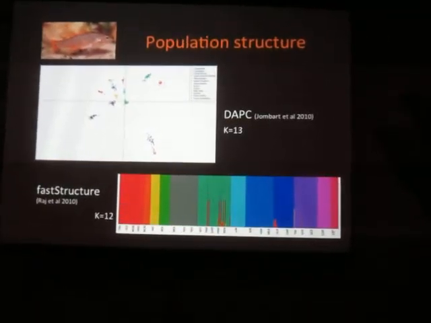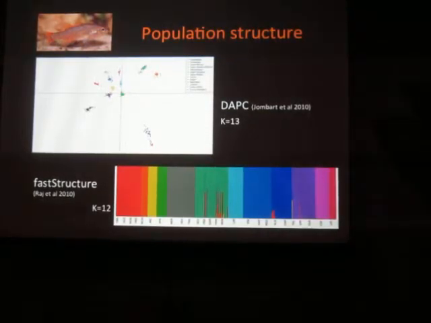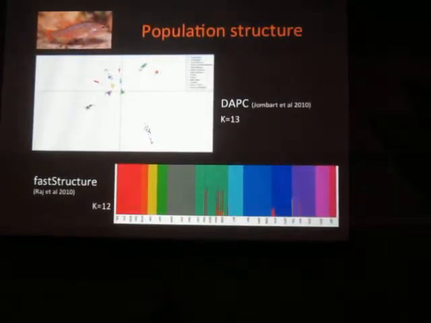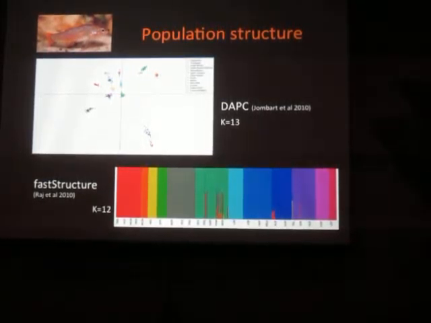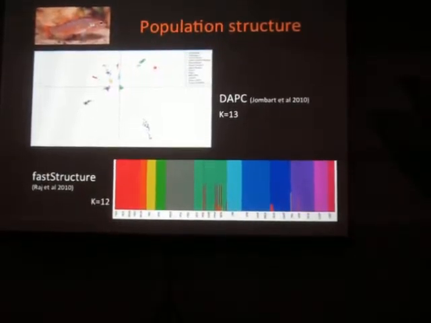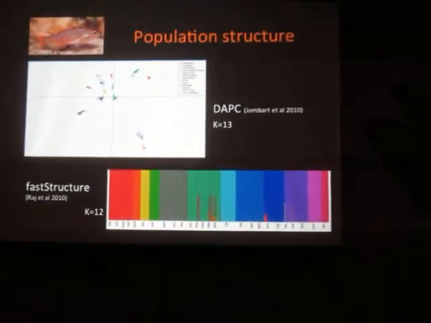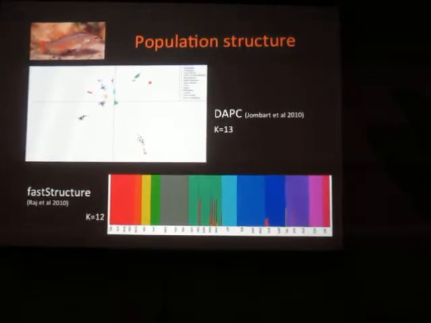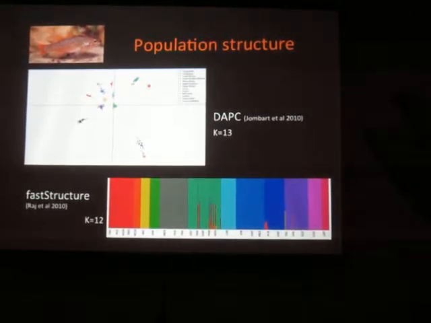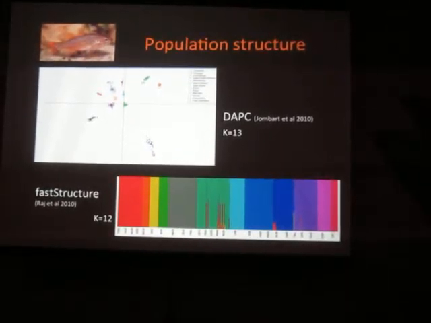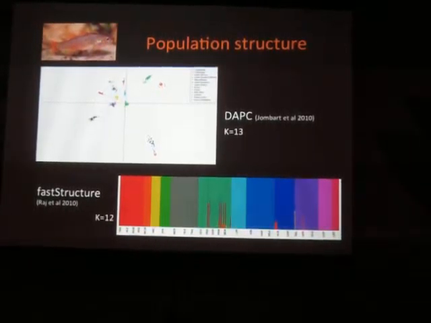So we jump straight to the results here, and we look at some population structure analysis, just basic stuff. DAPC and fastSTRUCTURE are both in pretty good general agreement about what a population is here. The main thing is that there are really distinct populations, no matter which method you use, and that these populations align really tightly with the individual catchment boundaries across the basin. And we see this pattern repeated over and over again with other freshwater fish and other animals as well, both with other work in our lab and other people's work as well.